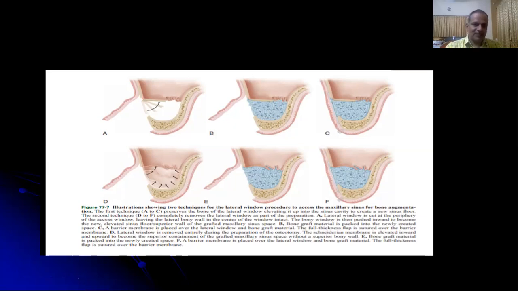To place the implant simultaneously, the bone graft is placed in the anterior, posterior, and mesial aspects of the sinus so as to maintain the sinus membrane in a superior position. And then the surgical guide is placed so that the implant can be placed in the prosthetically driven position, and the osteotomies are prepared, and then the implants are placed. Then the bone on the lateral side can also be augmented and placed, and then the membrane is placed, and then the mucoperiosteal flaps are sutured back.